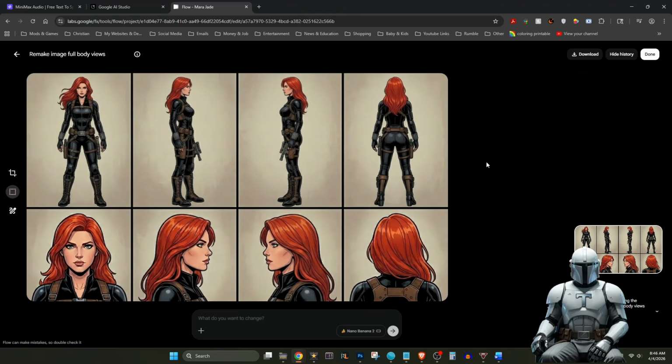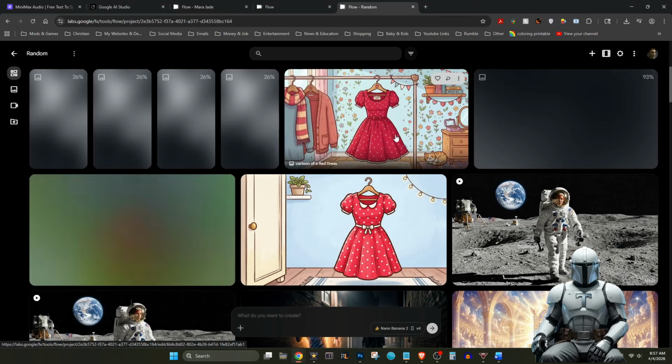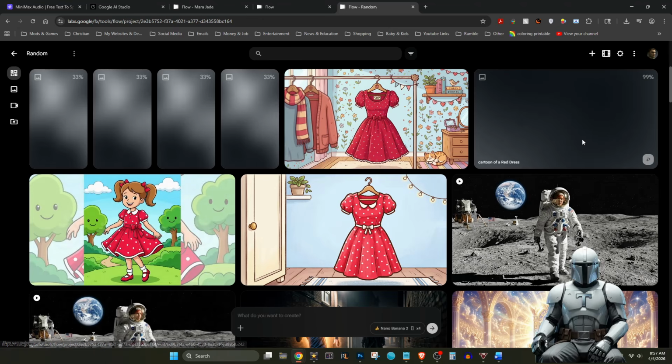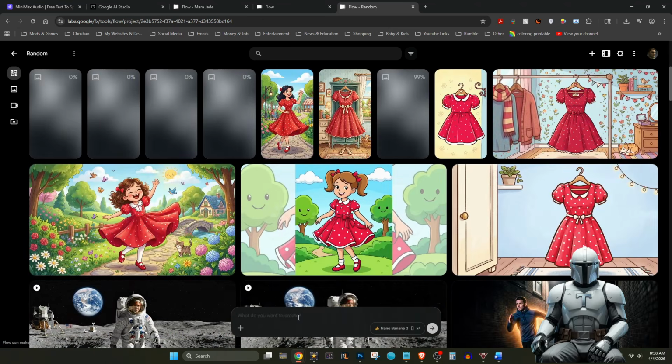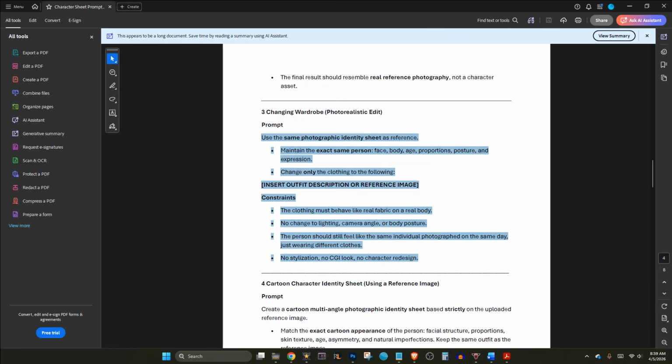Now, what if you want your character to stay the same, but want to change the outfit? To do this, let's first generate a nice red dress to put her in. Okay, don't really want a polka-dotted dress, so let's update the prompt a bit and generate again. Awesome, this will work. Now, just add the character sheet to our prompt, and then go to the prompt sheet